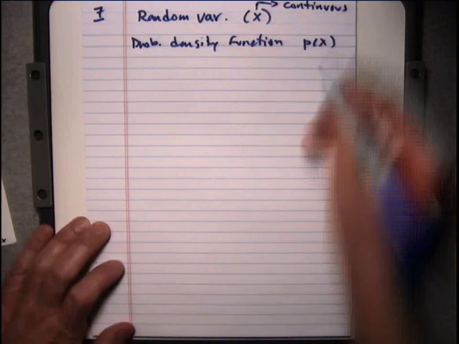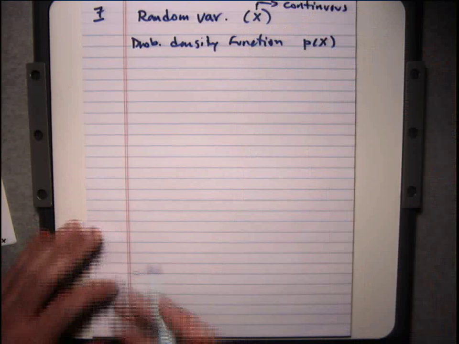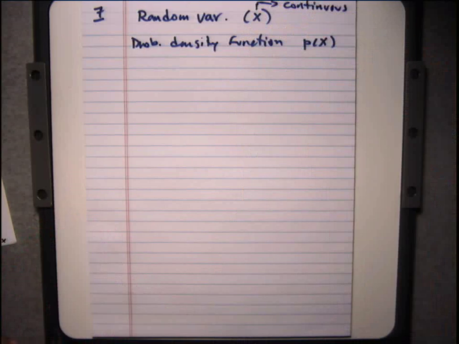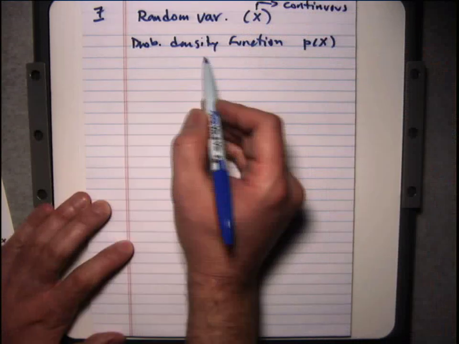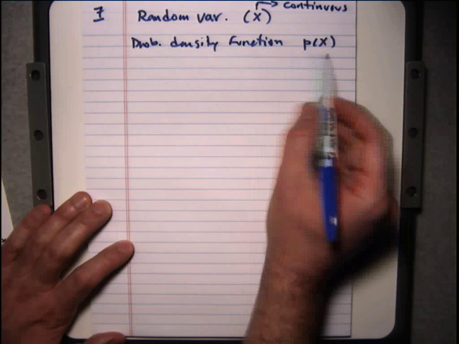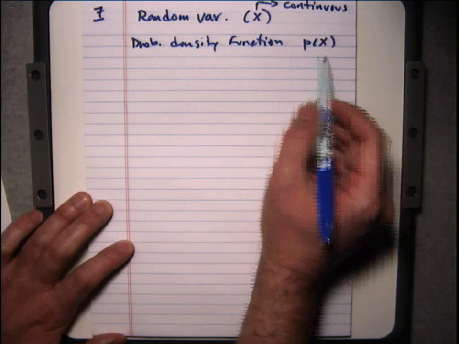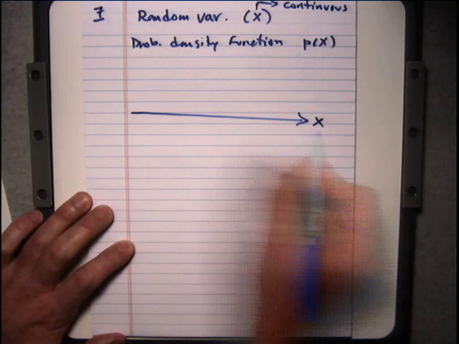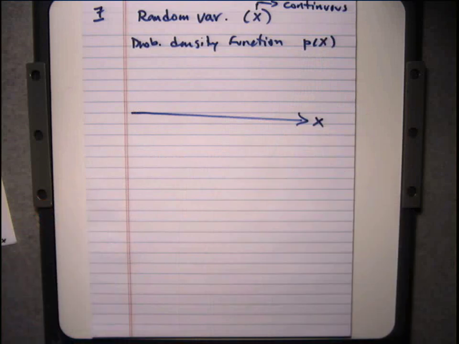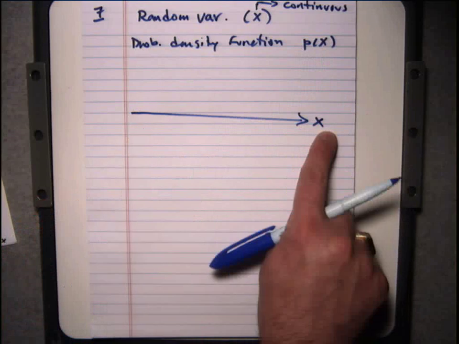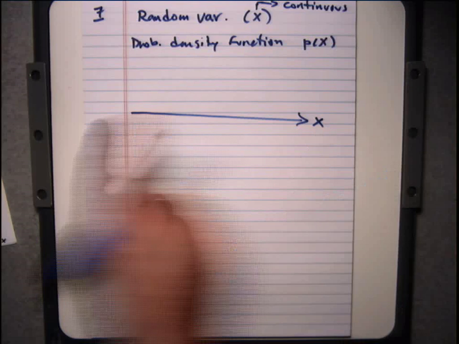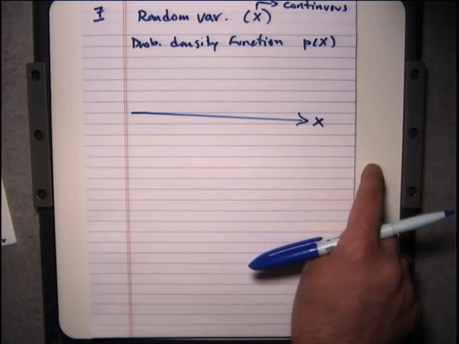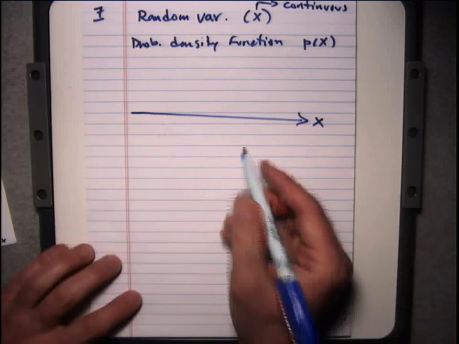Discrete versions of it we can talk about as well. The description is very, very similar. Okay, so we think of this as the probability density function P of x. And what P of x does is the following. Let's draw this axis here. Let's call this x. This is the real axis for the case of a single random variable. And all the possible values of x occur along this axis. Okay, so it might be from, let's say, minus infinity to infinity.